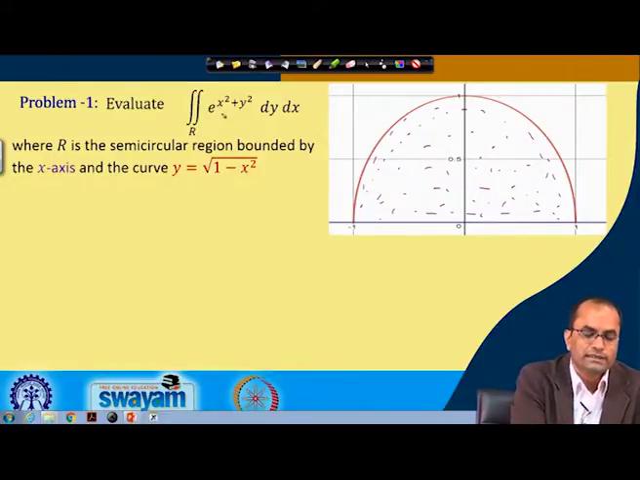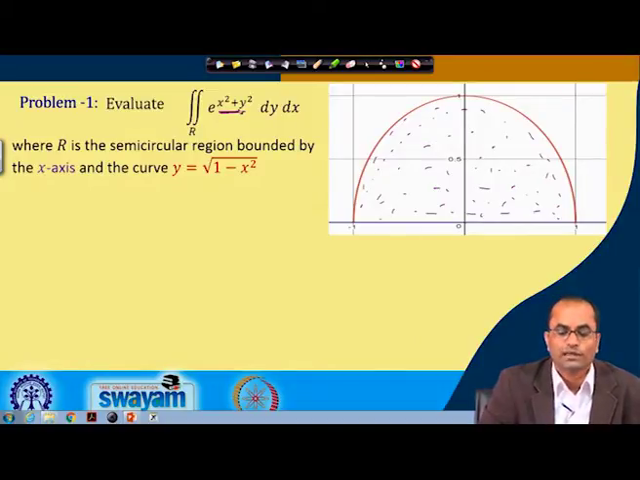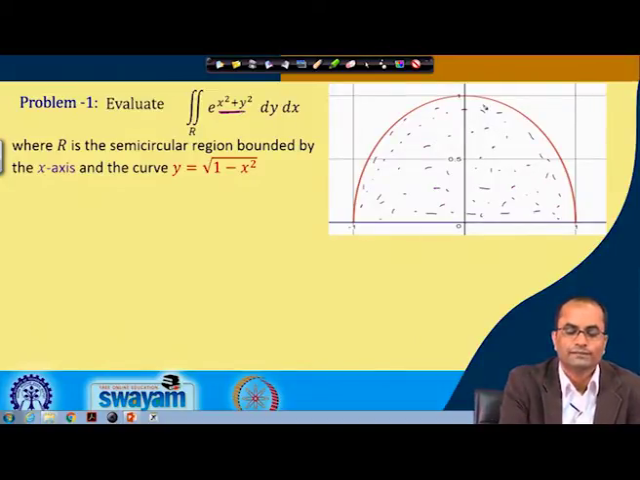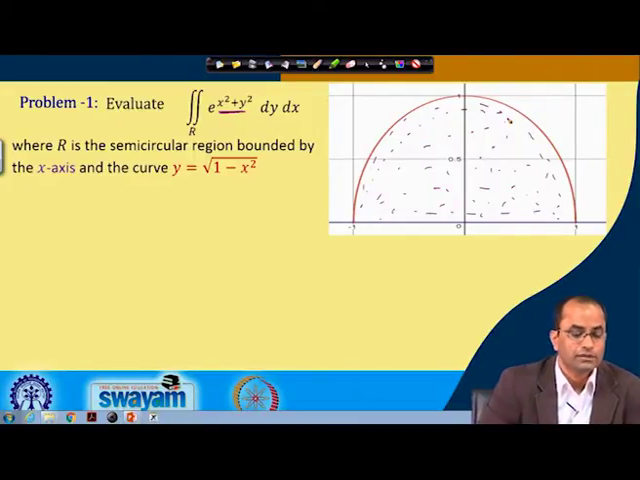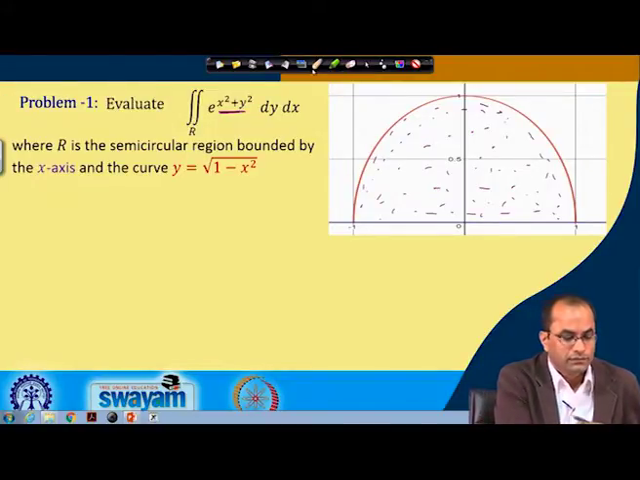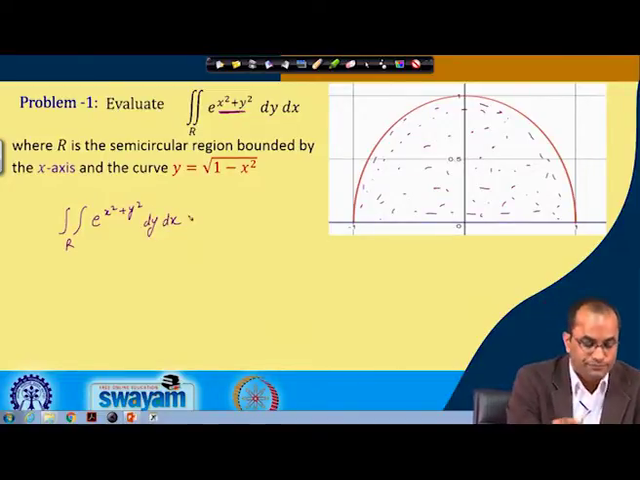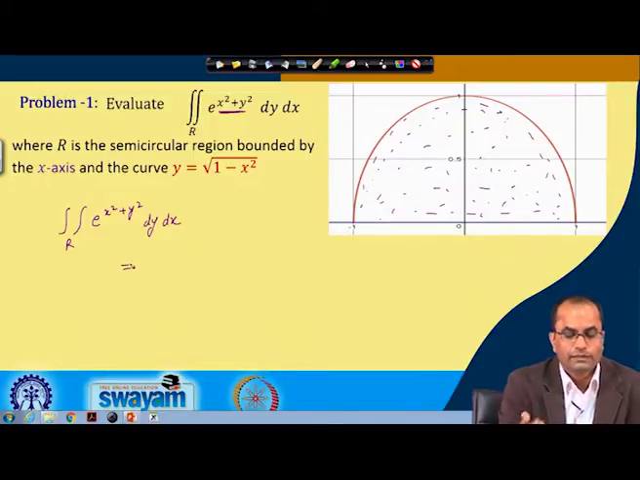Secondly, our integrand here has this term x square plus y square. So, that will also make it easier for the evaluation of the integral. So, if we now compute the integral over r of e power x square plus y square dy dx, here if we write it down in the polar form,